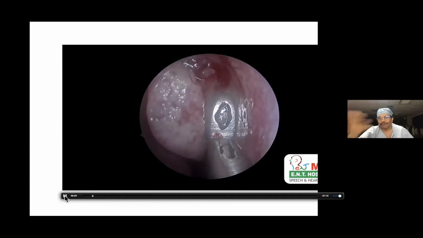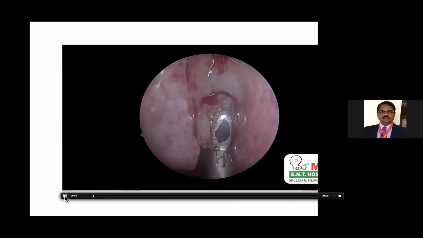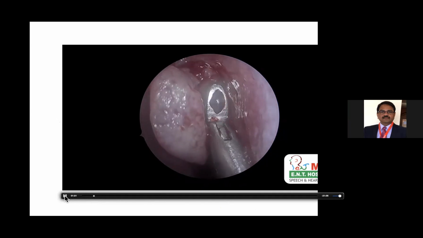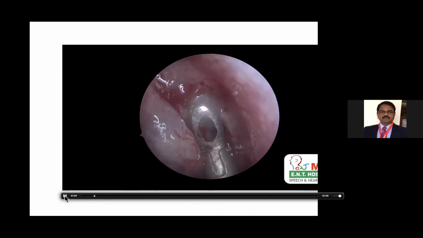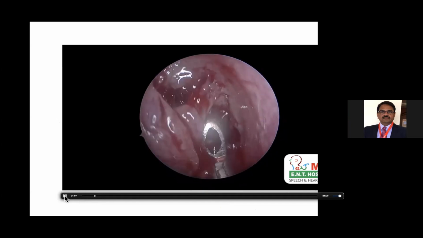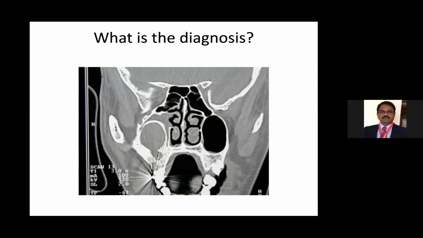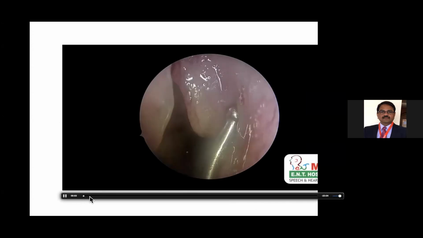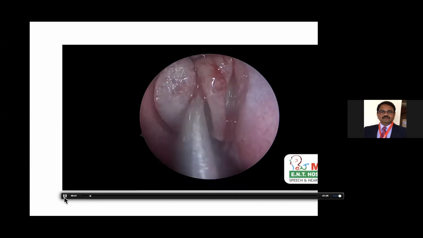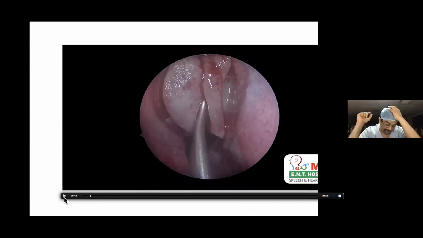I don't want the mucosa to come out. Sometimes if you pull it, it may come out. Why leave a small axilla here? You left a small axilla kind of attachment between the middle turbinate and the lateral wall of the nose. If I pull that with a Blakesley, I may remove the mucosa of the lateral wall of the nose and of the middle turbinate. So this is one of the safety points.